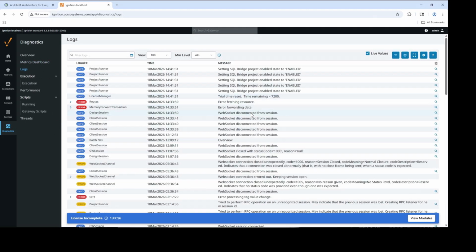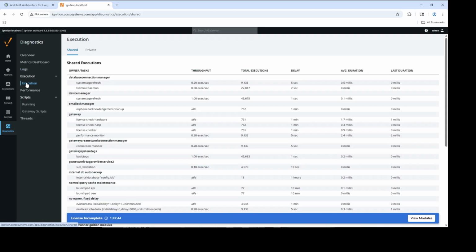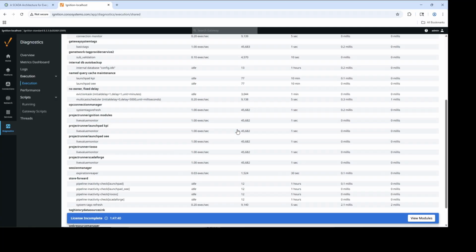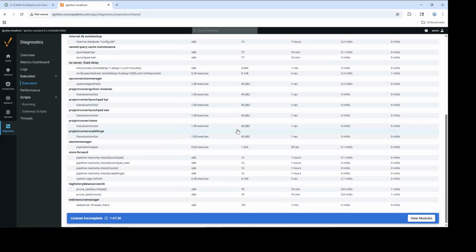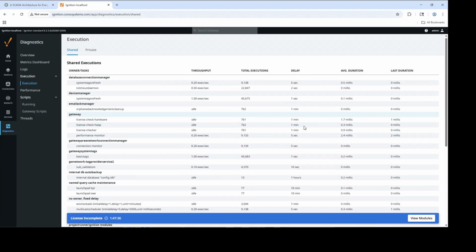Then we have the system logs. This gives us any logs or error messages or things. We can also write to this from scripting if we want to do some troubleshooting during development. Execution shows any scripts or instances of internal things that are running. This can be useful if you're trying to do some troubleshooting on long-running scripts or see what sort of performance